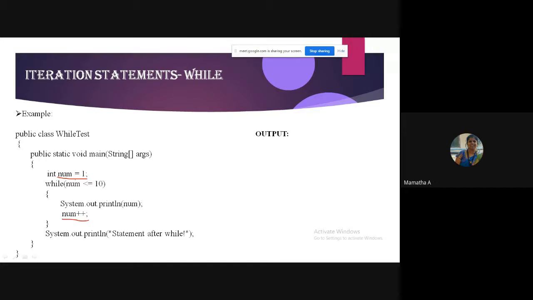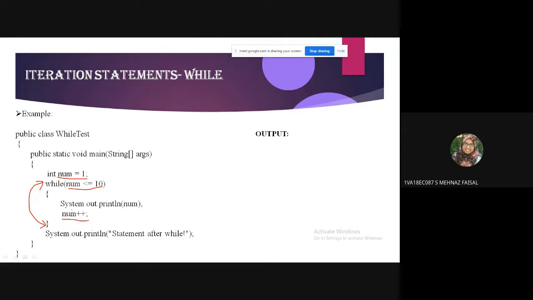If you don't initialize or update properly, you may not get the expected output. That we will see in jump statements. Right now, I have initialized num equals to 1. The condition is checking whether num is less than or equal to 10, updating num by plus plus. Tell me what does it print quickly.